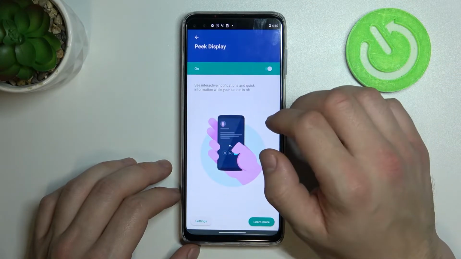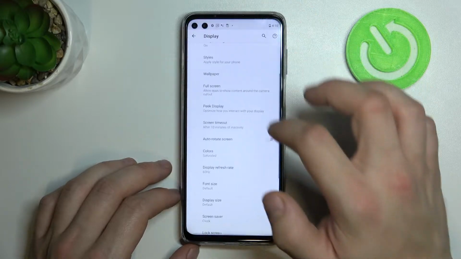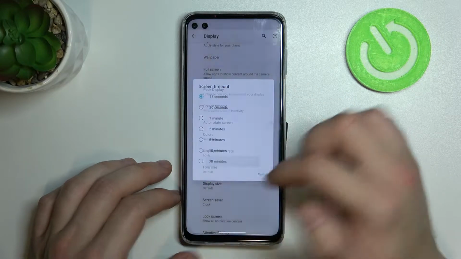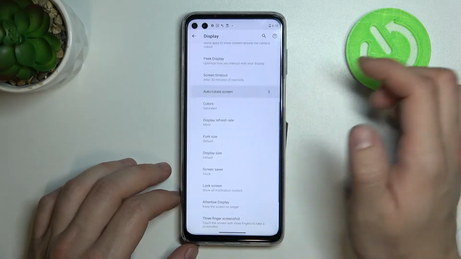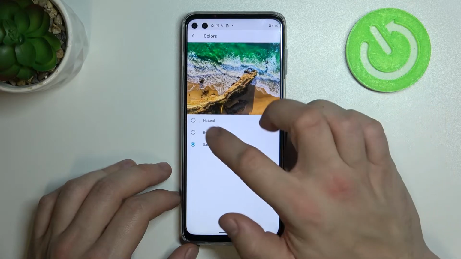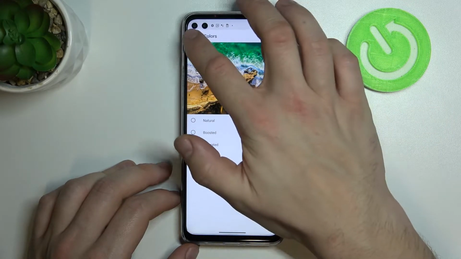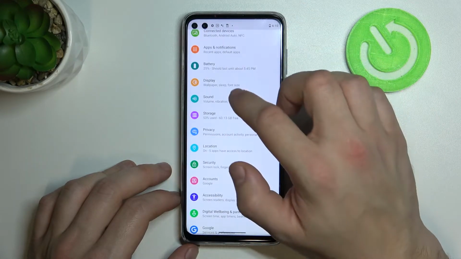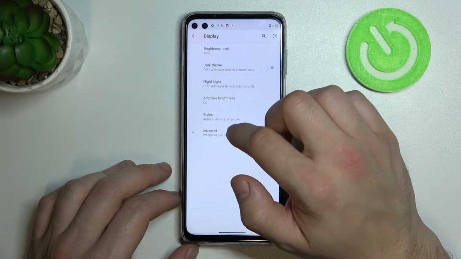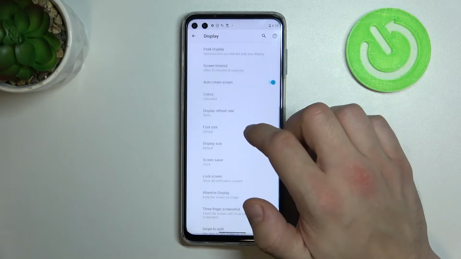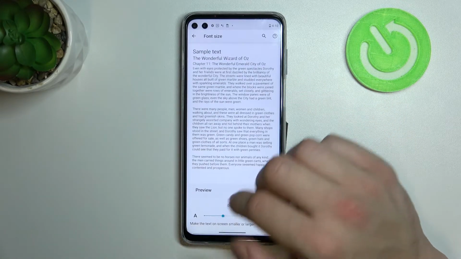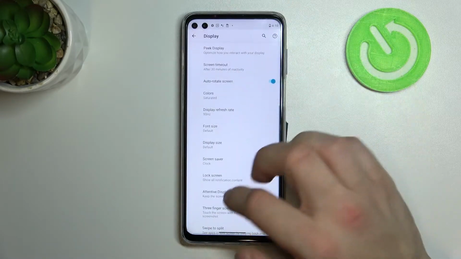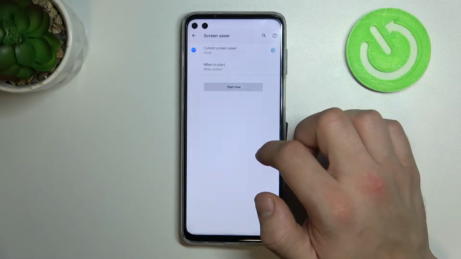Next we can enable or disable peak display, change screen timeout between 15 seconds or 30 minutes, enable or disable auto rotate screen, change colors, display refresh rate, font size, display size, screensaver,